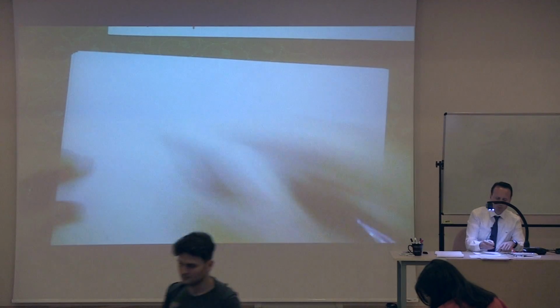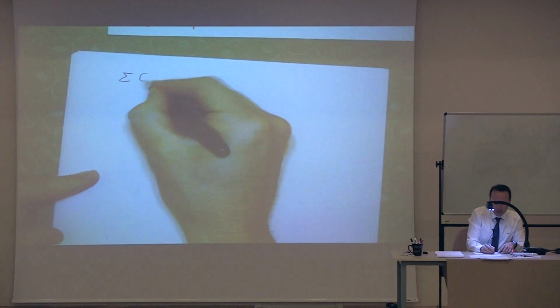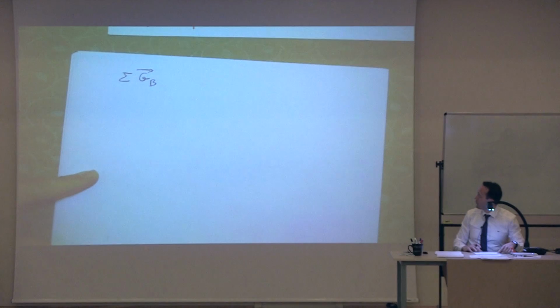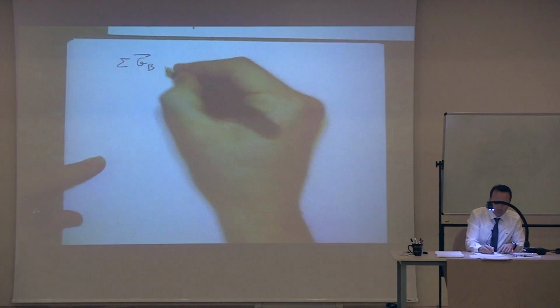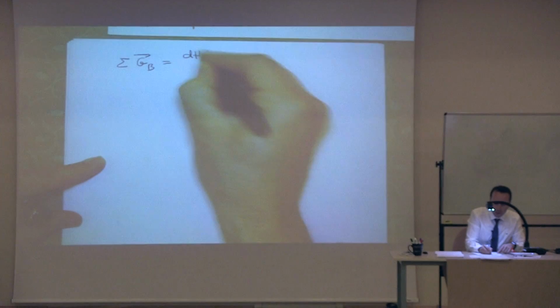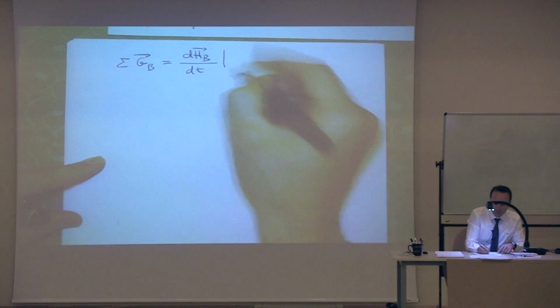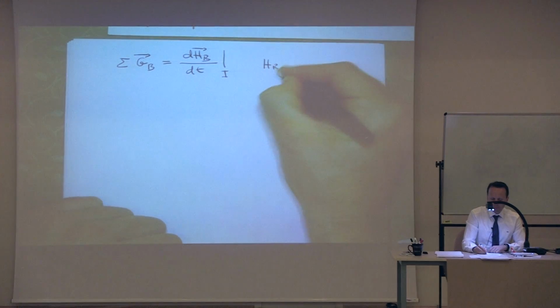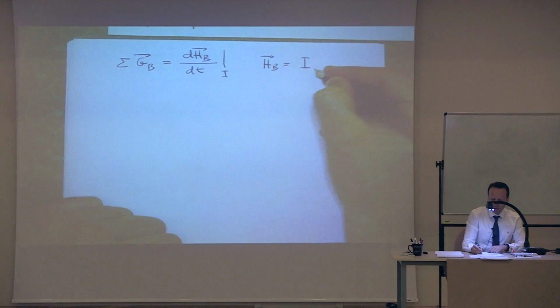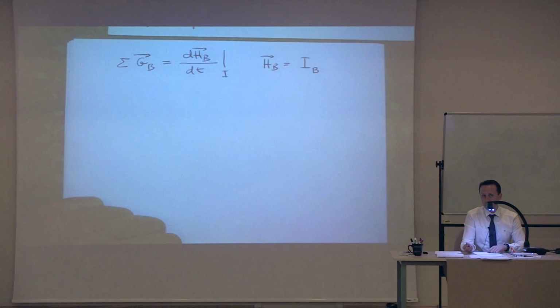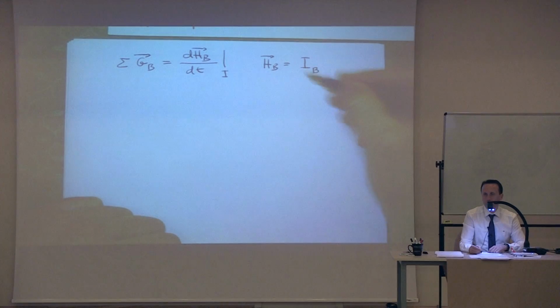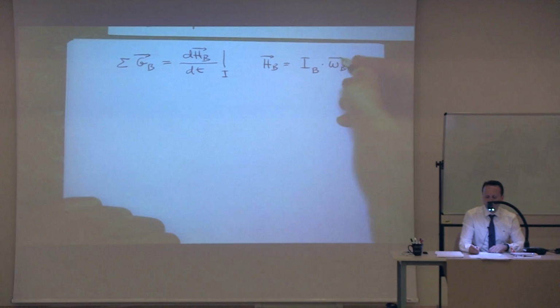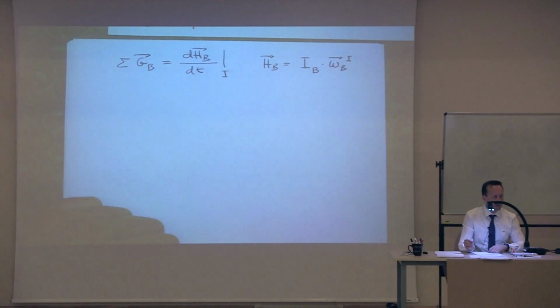So I think we have now all the tools to write the rotational dynamics. And the rotational dynamics, as I said, is the time rate of change of the angular momentum. And the angular momentum is again a vector, with the inertia matrix, which is written in the body axis system. I have to say where it is written because in every axis it will change, right? Times omega b,